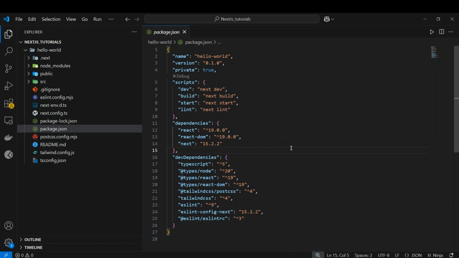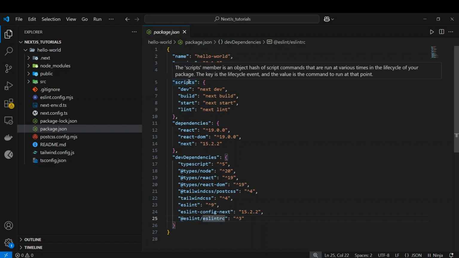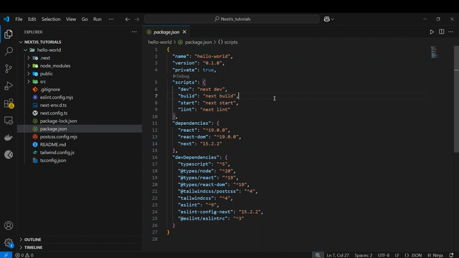You see that you have TypeScript, you have Tailwind CSS, you have ESLint and the ESLint configuration for Next. Apart from the dependencies or devDependencies, you have the scripts object, where when you run something like npm run dev, then the Next.js app is started. And after that, you can see we have build, start and lint. These types of scripts we use when we run this particular application. For the development environment, if you want to run it, you can use npm run dev, and it will run in that particular way.